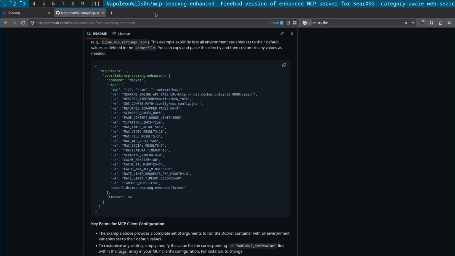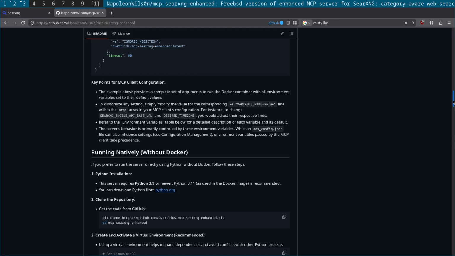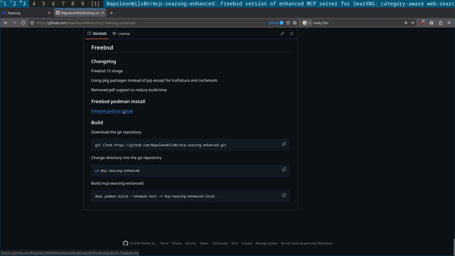Okay, so have a read through the options here. What I've got down here, if you scroll down to the bottom, is the FreeBSD section that I've tagged on. So we're using a FreeBSD 15 image. I've replaced a lot of the things that were installed with pip directly with packages. I've removed the PDF support to reduce build time, and we've got a link to the